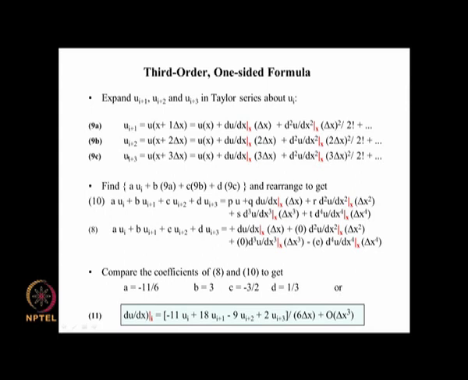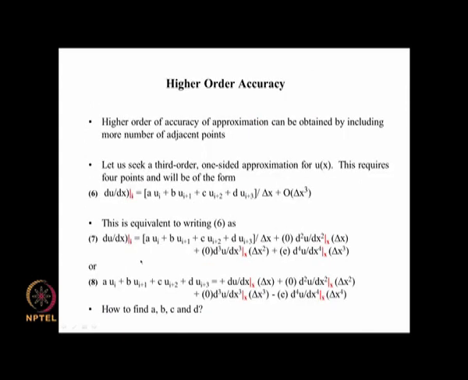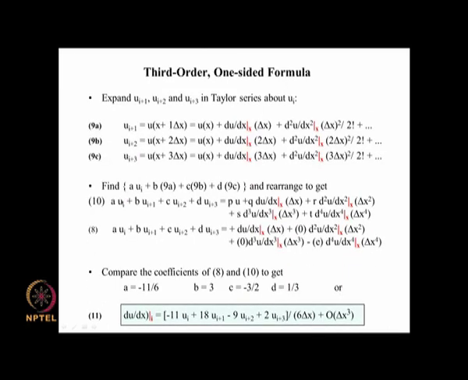So now we have these approximations, and we replace these things in the previous equation here. So we evaluate this term a u_i plus b u_{i+2} like that. So we multiply this whole thing by b, and then this whole thing by c, and this whole thing by d, and then take the sum of all these things, and this will be given finally in this particular form. This will be p u_i plus q times du/dx times delta x plus r times ∂²u/∂x² times delta x whole squared.